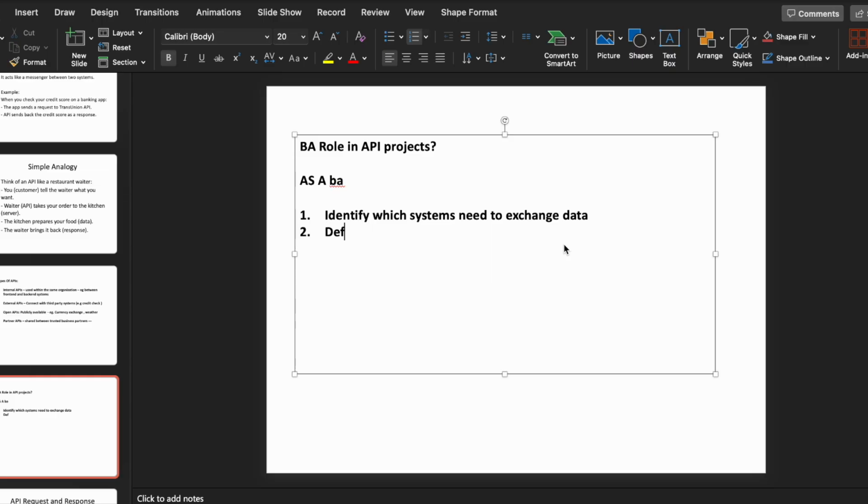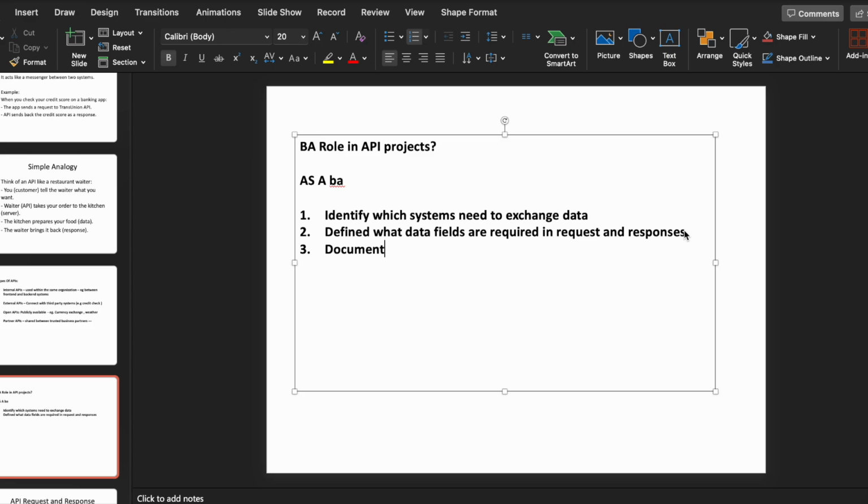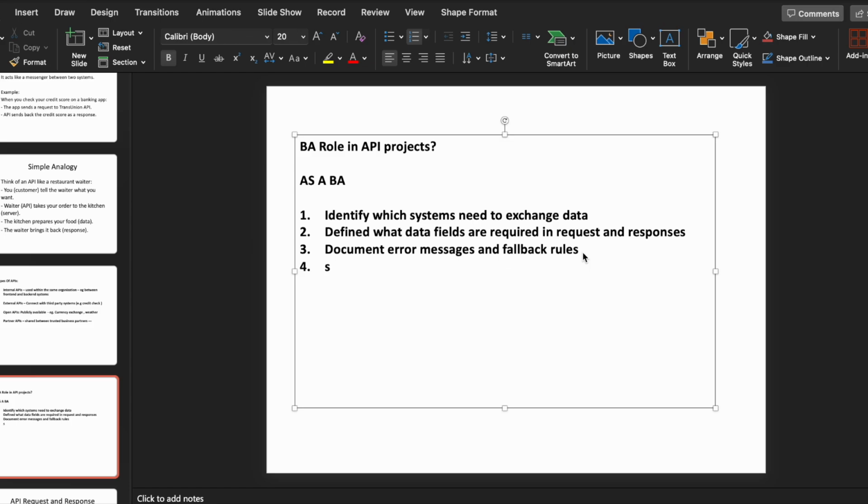Define what data fields are required in request and response. We'll talk about requirements. Next one, document error messages and fallback rules. I'm just writing first. And review API contracts, also other documentation. I'm not going to list it here. I don't want to introduce more concepts here. So let's keep it simple. As a BA, at least if you know this, and support, this can be doable. Support testers